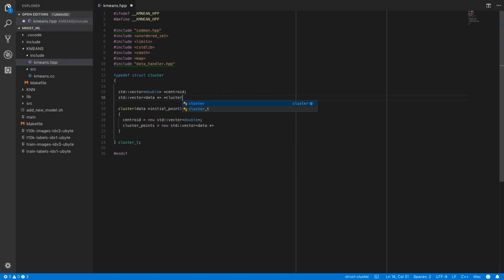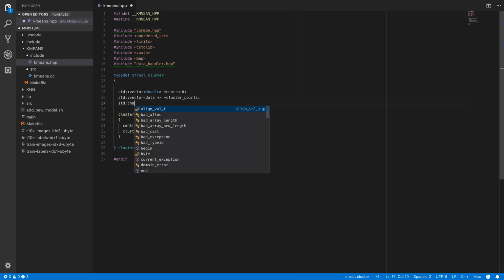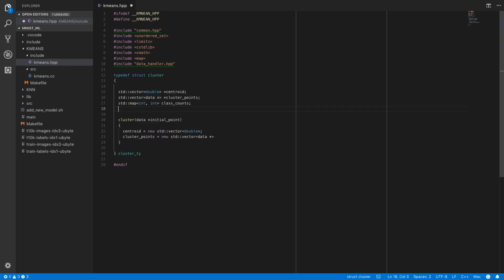Okay, and then we have a standard map of an int, and it's going to be class counts. Don't really need to allocate that on the heap because the size of the class counts map is going to be hopefully not that big, on the order of the number of classes in the whole data set. And then we're going to have int most frequent class. Okay? Alright,